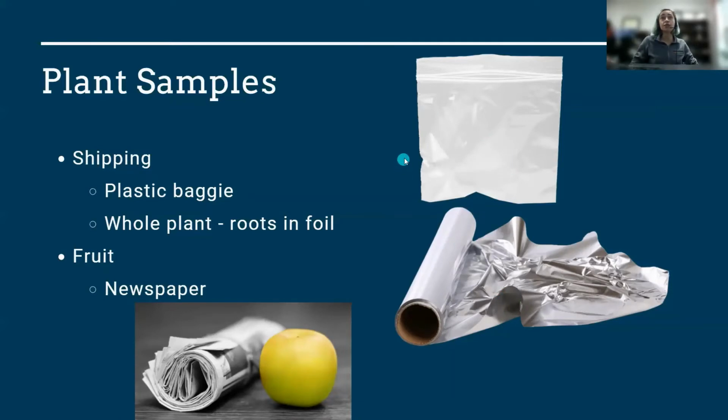If you're able to send a whole seedling or sapling to the lab, putting the roots in aluminum foil or keeping them separate so the dirt isn't getting up onto the plant is always ideal. If you're working with someone who's growing fruit in an urban setting, so if we've got someone growing a small urban fruit garden, and the fruit is showing signs of disease or pest pressure, we want to wrap those in newspaper so that they don't rot in the plastic.